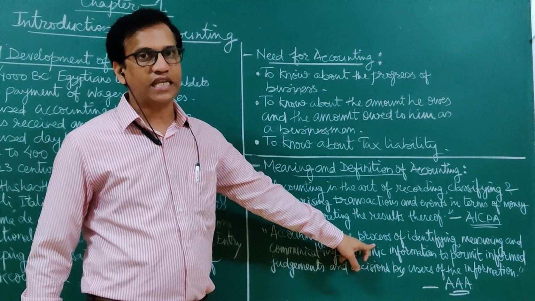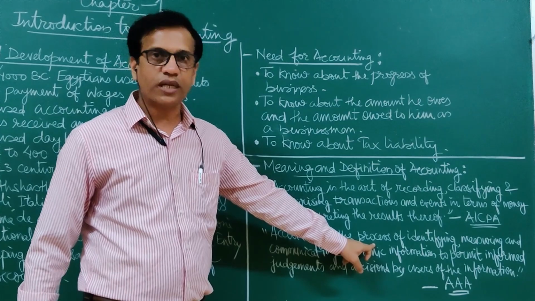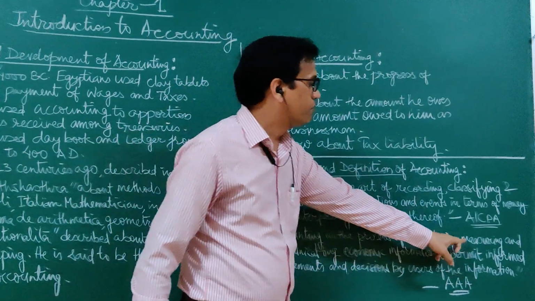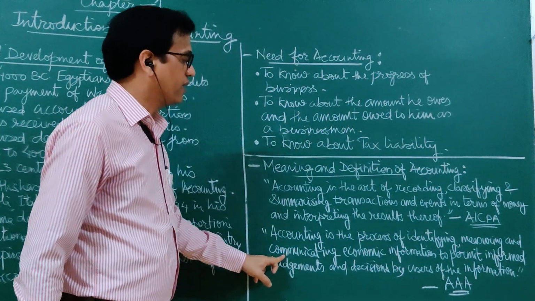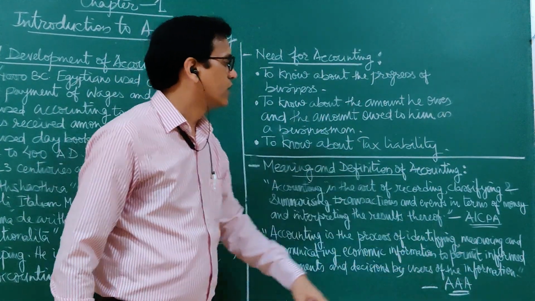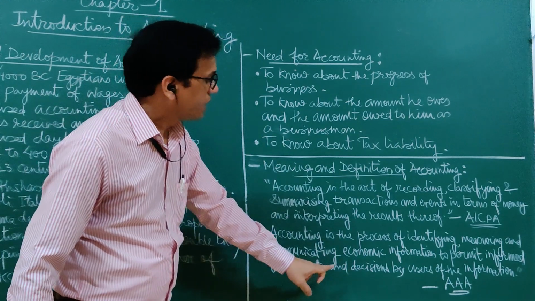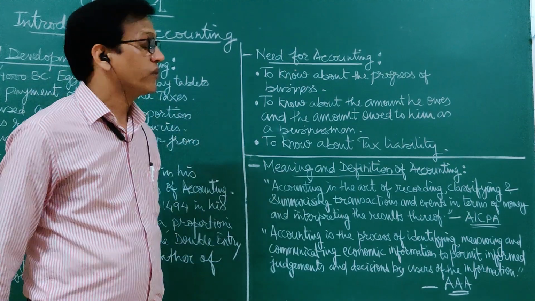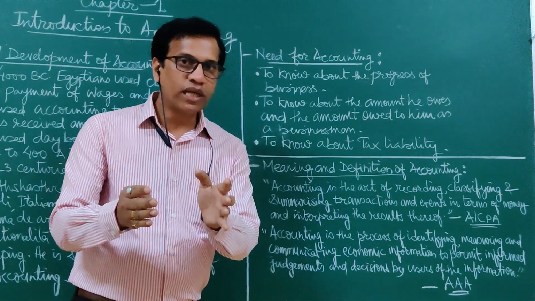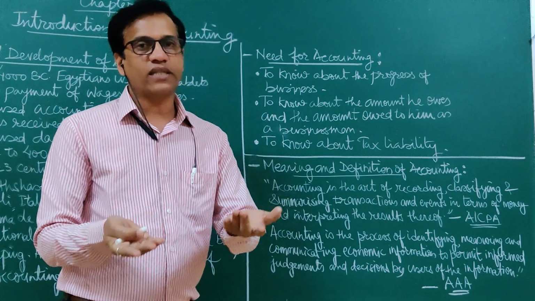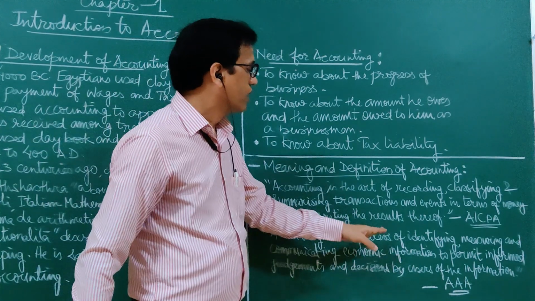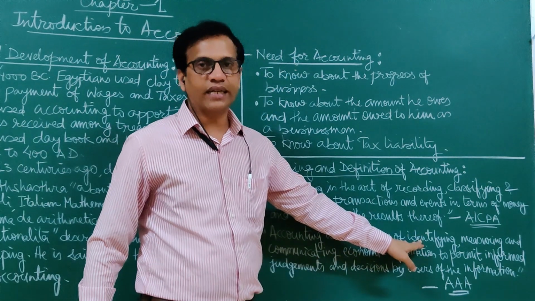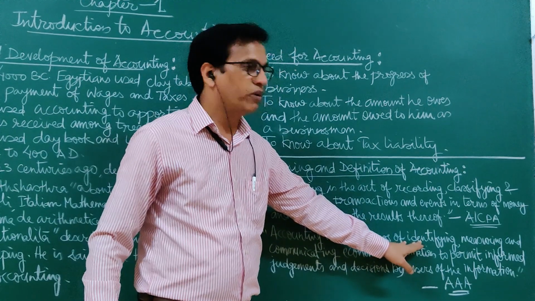That means it is a systematized body of knowledge. It has some steps in it. So accounting is the process of identifying, measuring and communicating economic information to permit informed judgments and decisions by users of the information. That means here accounting has been taken as a process, as a systematized body of knowledge which has some steps of maintaining it, in which first identification is to be done, what has to be recorded,